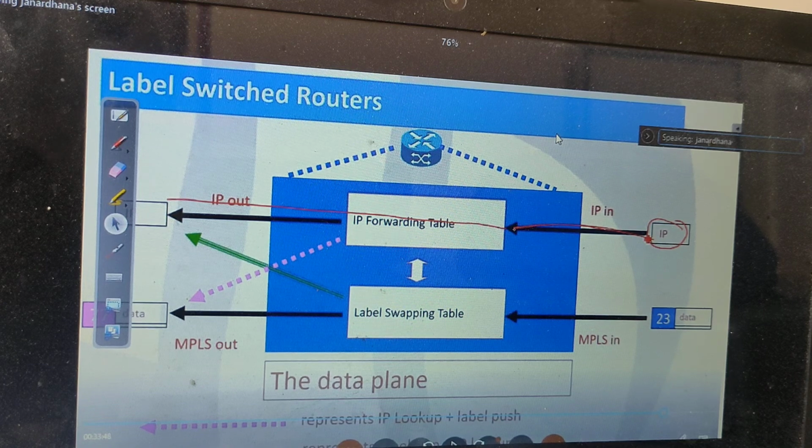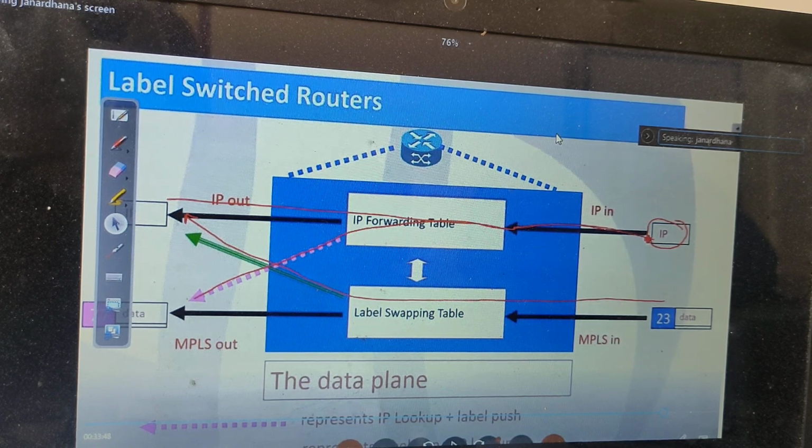You have enabled your LDP protocol, you have added the label, and you have sent it with the label number 77. This is called the ingress LER. Adding of labels at your router is called the ingress LER. Along with the label, an IP packet has come. You have removed the label and sent the actual IP packet. Removing of the label is what you have done, so it is an egress LER.